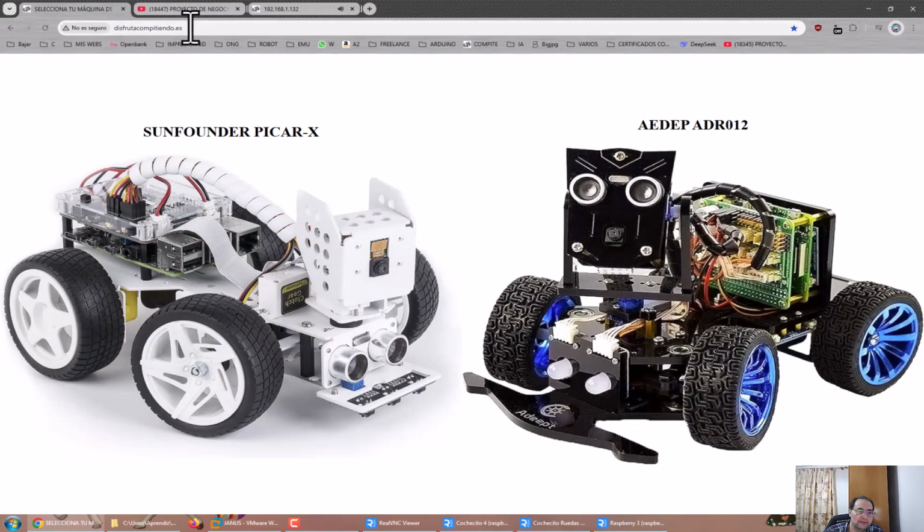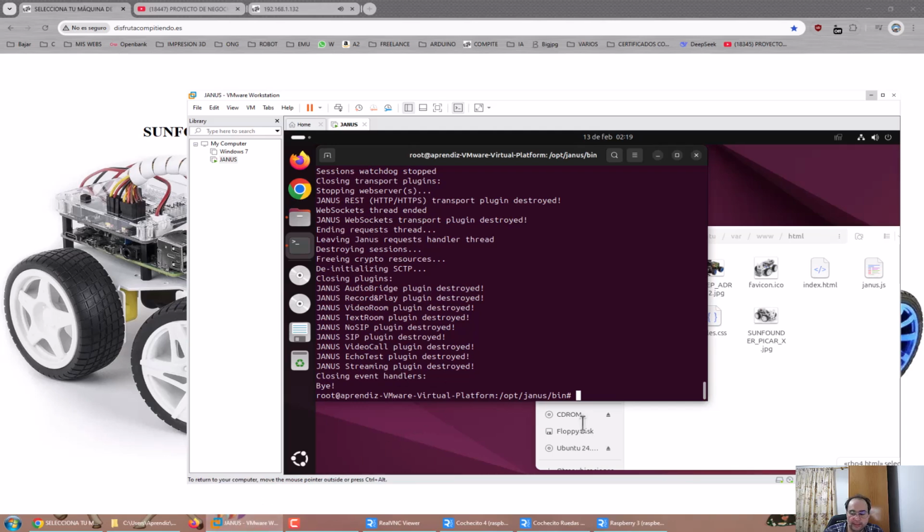Right now we see this page, because in the router the DMZ points to the IP of the VMware virtual machine. Let's see, I'm going to use the CLI. I'm going to download it. Then of course what is happening is that